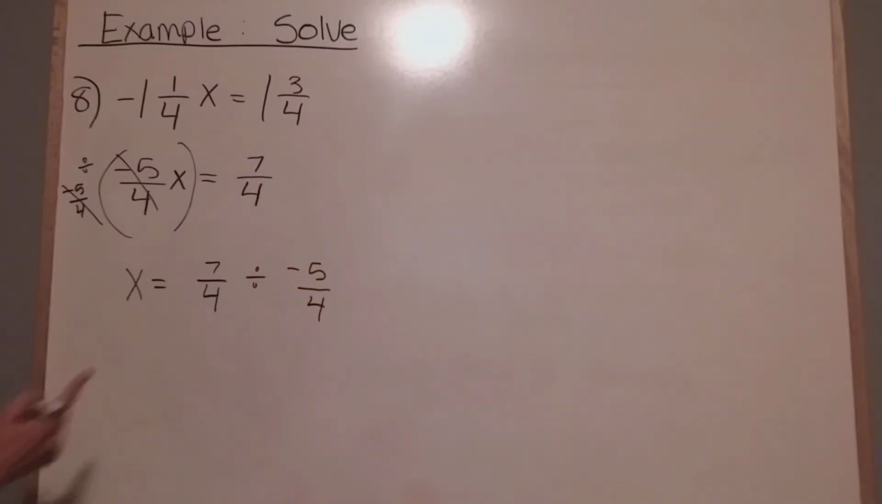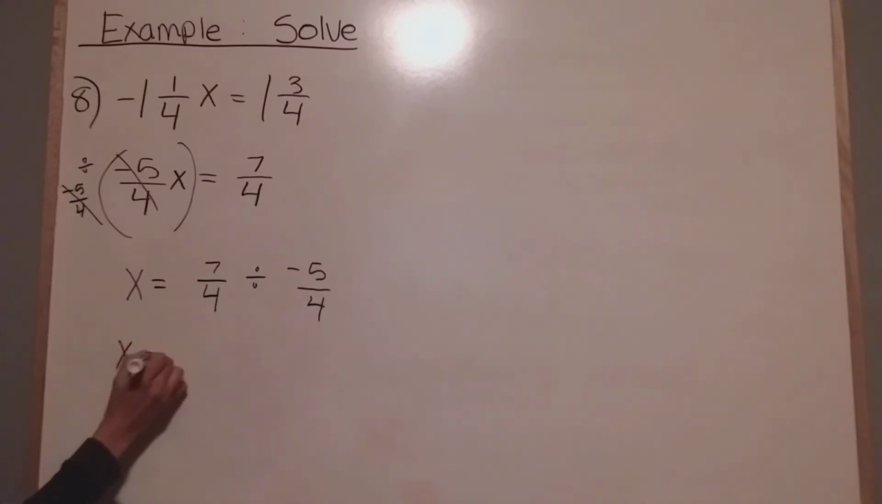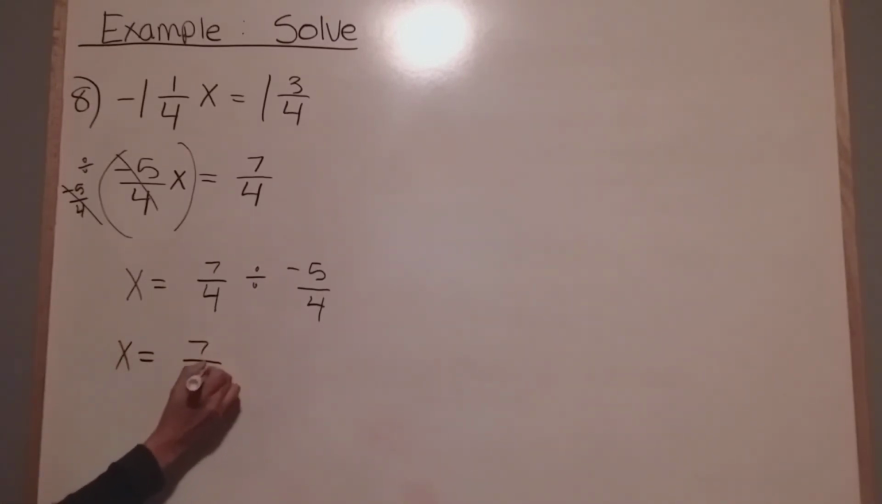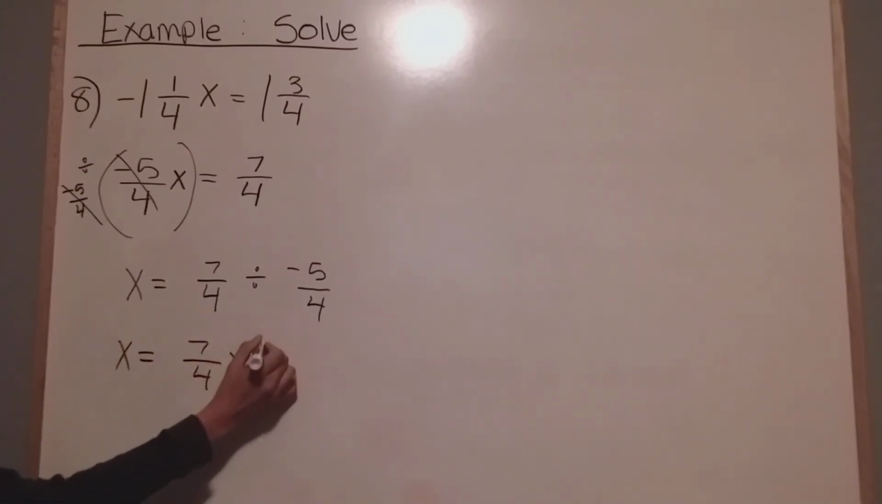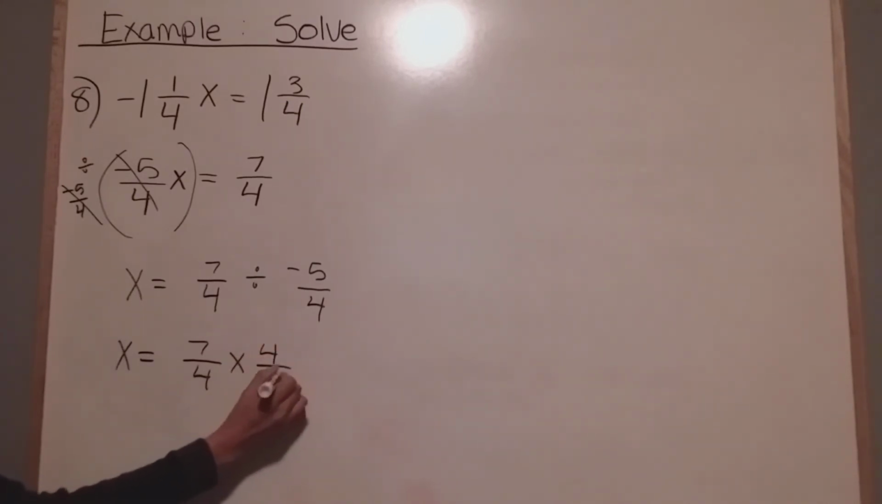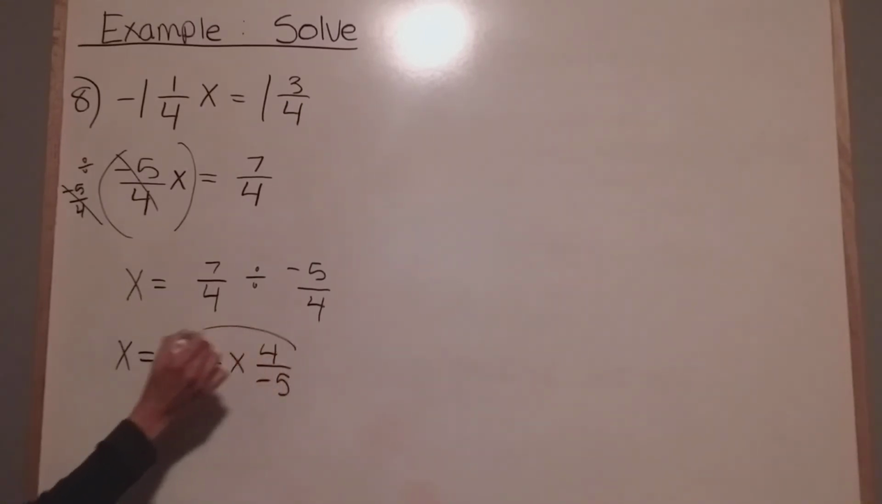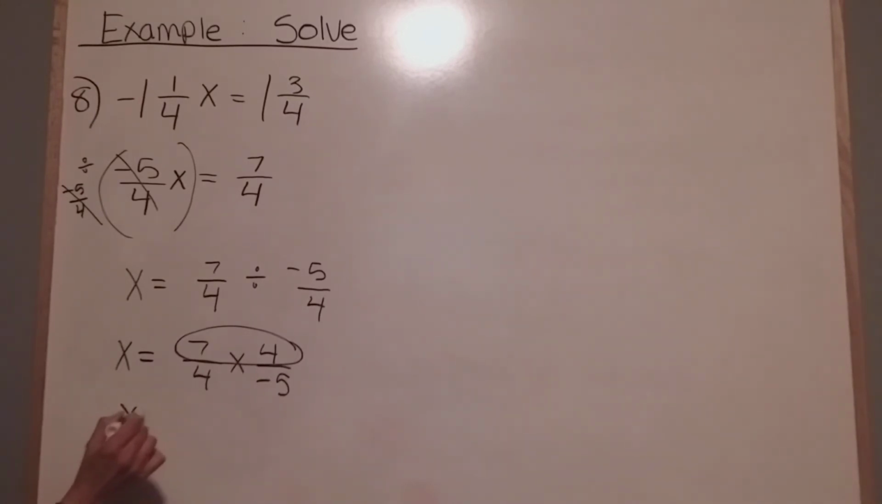And always remember, I can't divide fractions. I have to multiply. So it becomes 7 over 4 times, take the reciprocal, 4 over negative 5. I multiply my top numbers together. That gives me 28. Multiply my bottom numbers together. That gives me negative